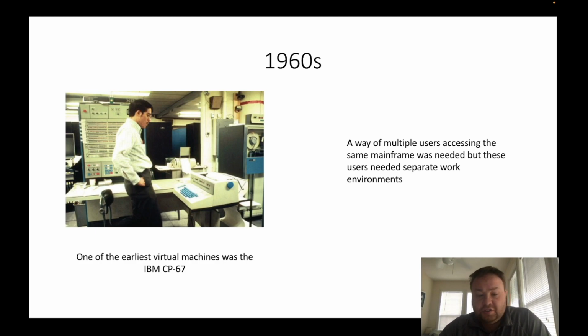And one of the first systems to do this was the IBM CP67, shown in the picture with its user console. And IBM was kind of the only player here. But this virtual machine, so to say, this mainframe that was divided up into different computers, virtual machines, was different than today's virtual machines. This was done at the hardware level before the operating system or anything even really came into play.